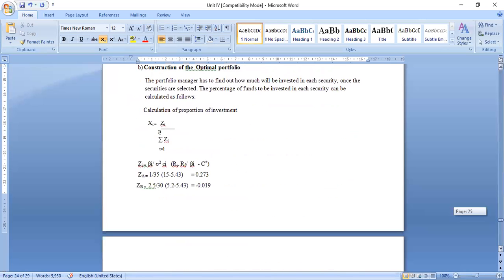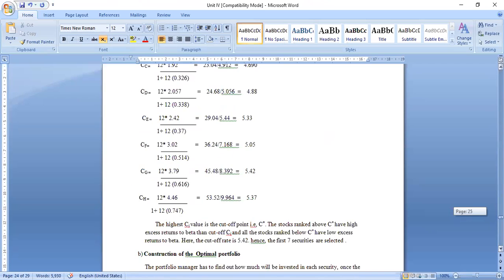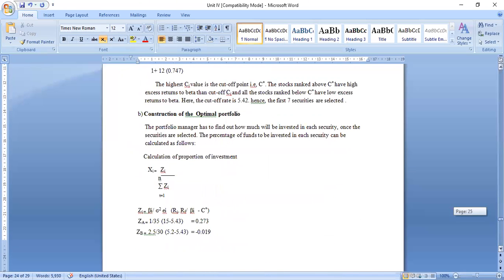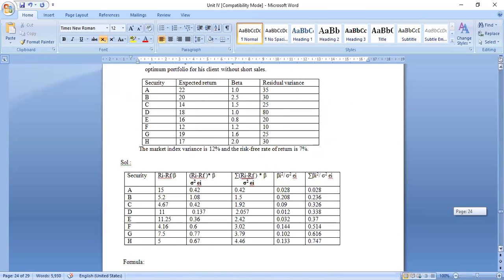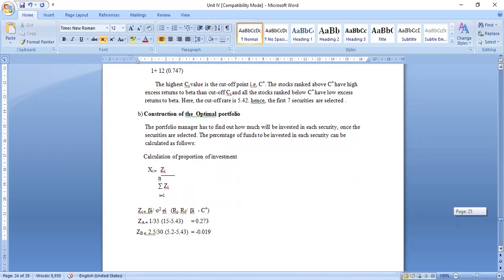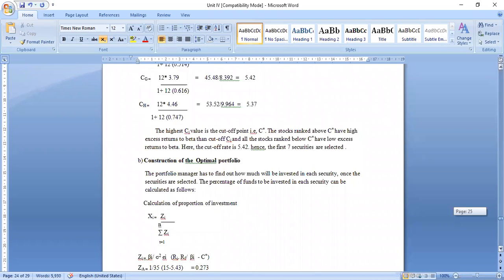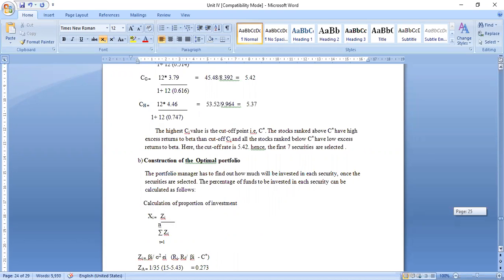So we will insert it here: 1 divided by residual variance, which is 35, into Ri minus Rf divided by beta. Ri is the expected return, which is already given. So Ri minus Rf, that is 22 minus 7, the risk-free rate of return, will give us 15, divided by beta, which is 1. So that will remain 15, minus C star. C star is for security G, which is the cutoff rate. So here it is